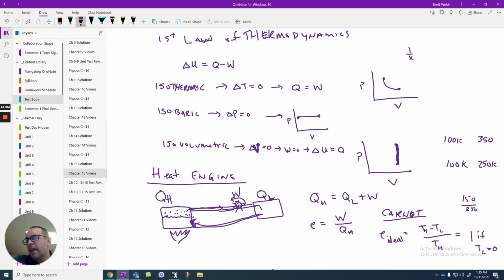So we know we can't have a perfectly efficient engine, but just how good can we get? And when we look at the actual efficiency of some engines compared to their ideal efficiency, we can recognize pretty quick we're not getting a lot out of them. You know, a 40% efficient engine is pretty dang good. So anytime we can find ways to increase efficiency, it's going to make a long-term impact on the environment and the world that we live in. So hopefully this has helped.